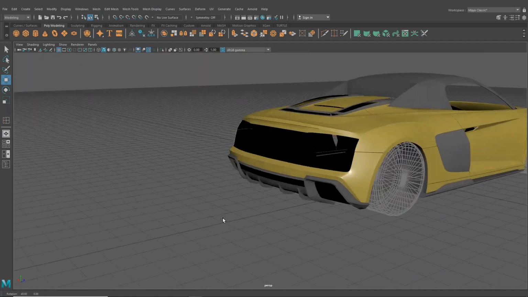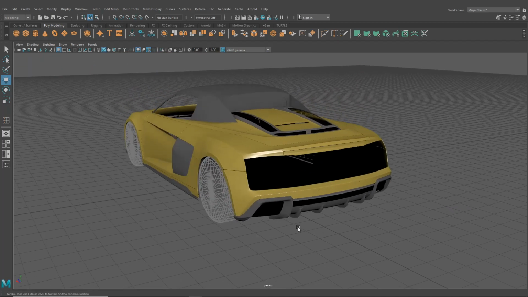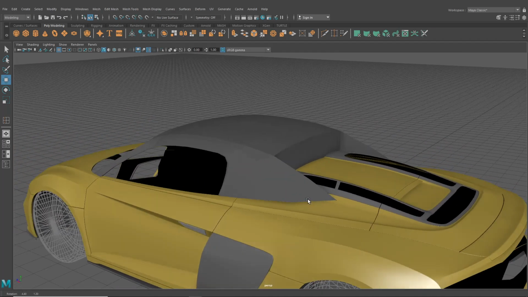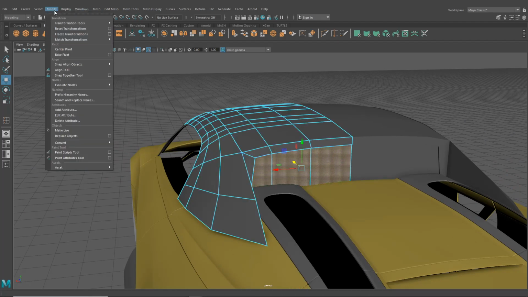Okay, so that's looking nice. Let's have a start of the diffuser. We probably won't finish it in this episode, but we can make a start. Or we could do the roof. We might actually finish the roof in the last 5 minutes or so. So let's maybe go in here. Let's grab these. Let's say